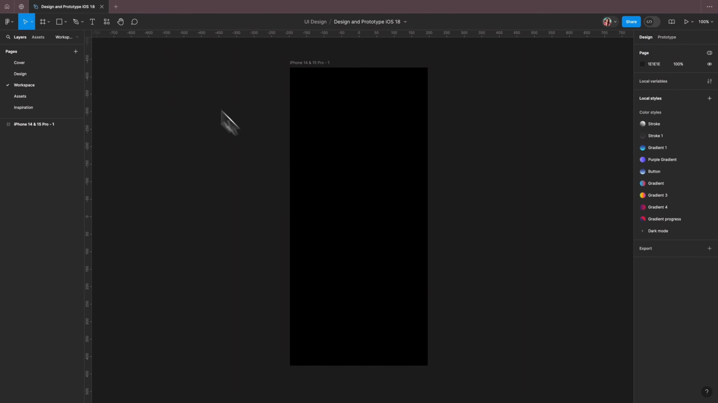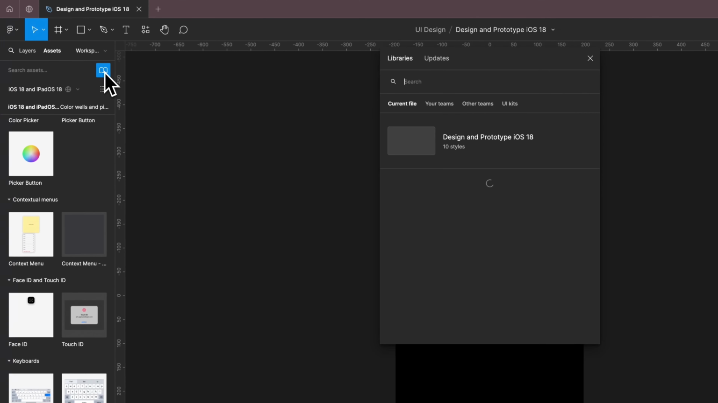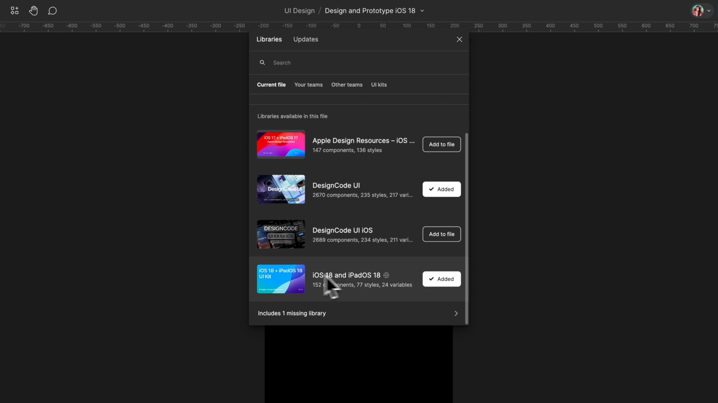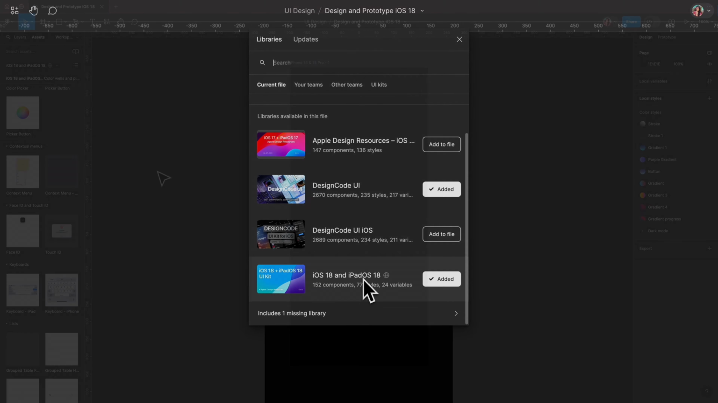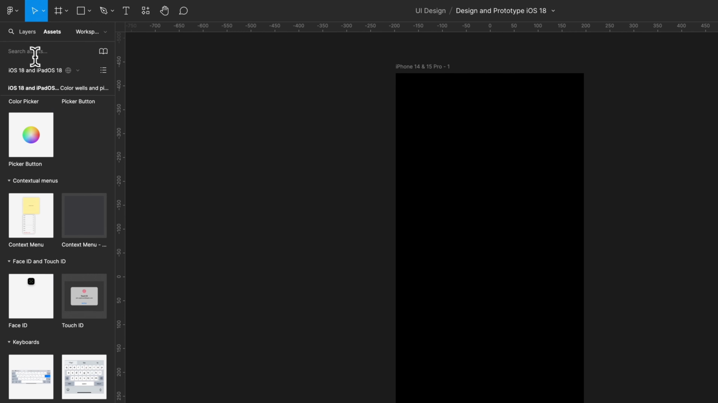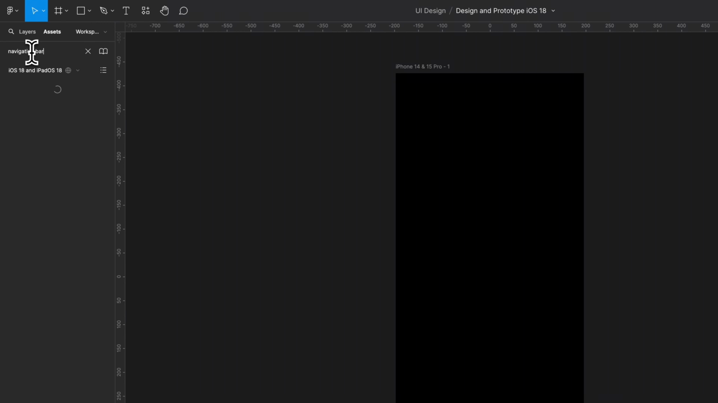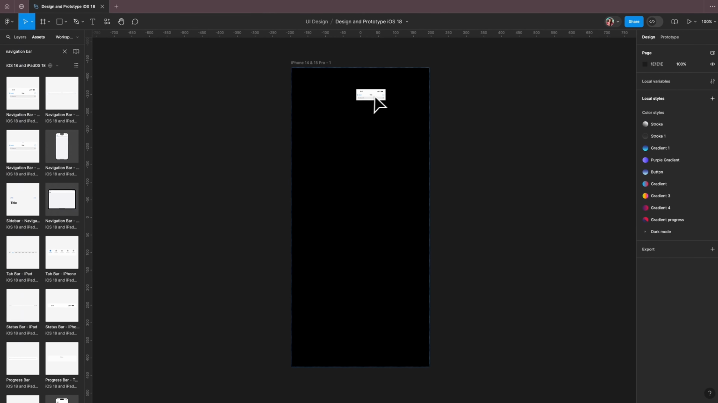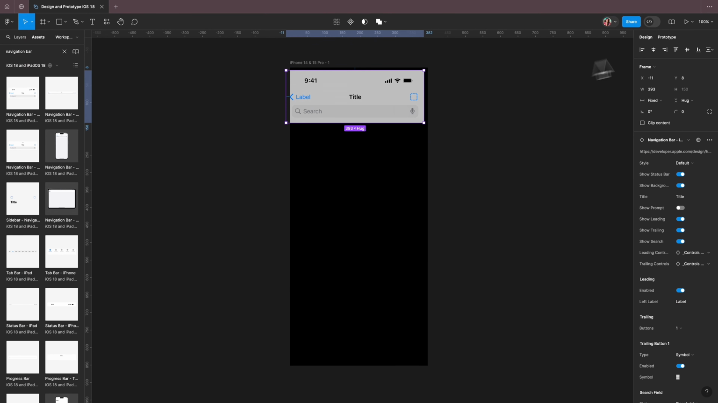To activate the library, go to the Assets panel next to the Layers panel. Click on the Libraries option. Then, add the iOS 18 and iPadOS 18 UI kit. To find specific components, use the search field in the Assets panel. Type Navigation Bar iPhone. Simply drag and drop the desired components onto the canvas, aligning it to the top and